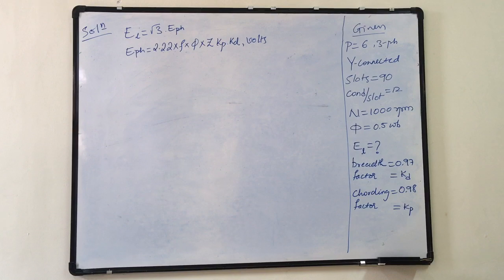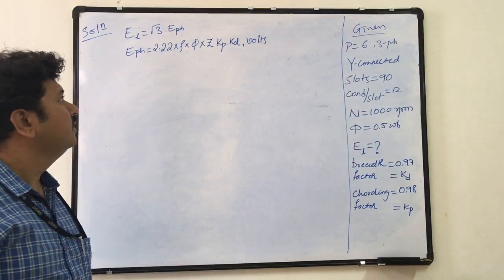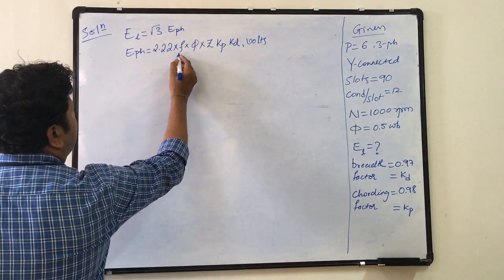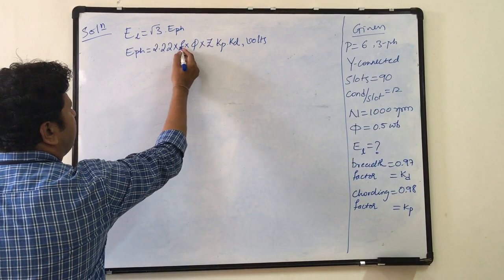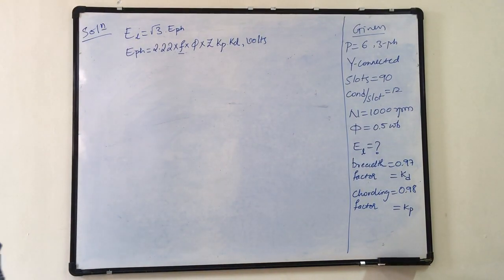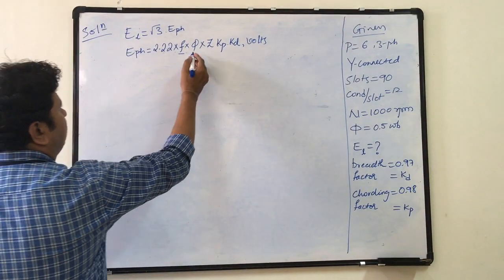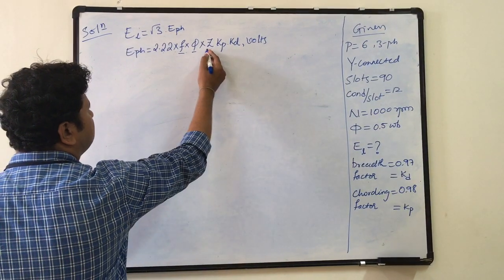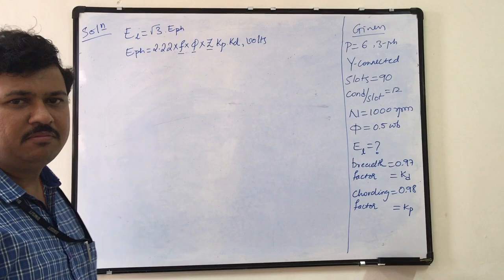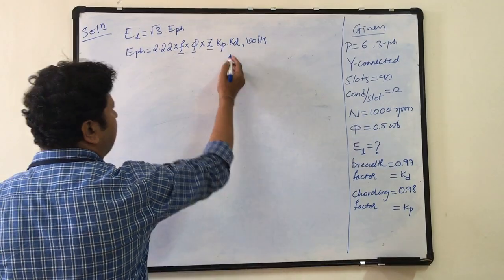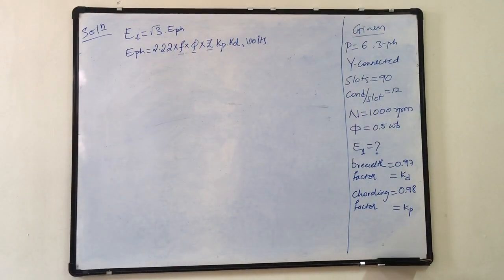Now look at what all things are given in the RHS of the equation and the things which are not given, if we can calculate. F is the frequency at which the supply voltage is generated, is not mentioned in the given data, but I have sufficient input to calculate the frequency. Okay, I will do. Flux phi is mentioned. Z is not mentioned directly, but I can calculate the number of conductors per phase with the given data. Whereas Kp and Kd are directly mentioned, 0.97 and 0.98 respectively.